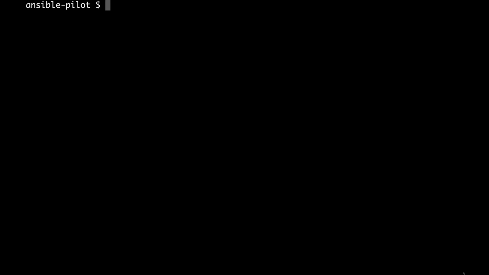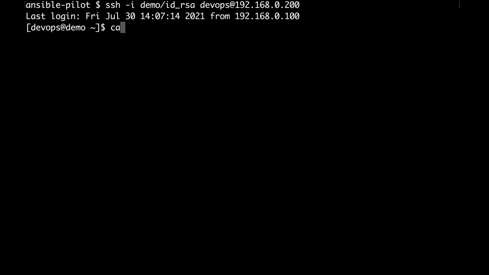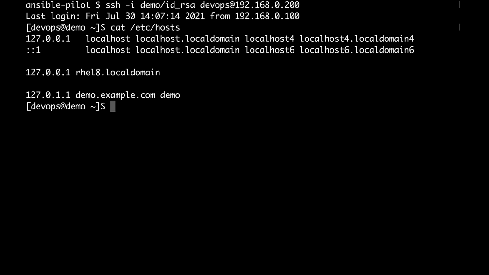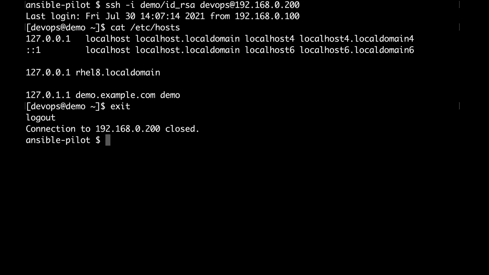And here we are on my console. So first of all, let me connect to the target machine just to check that the entry does not exist. I will perform the connection with some key, and here we are. I'm using the same user as Ansible, so I will print the /etc/hosts content. As you can see, there is no mention of a local IP address. So let's execute the playbook.